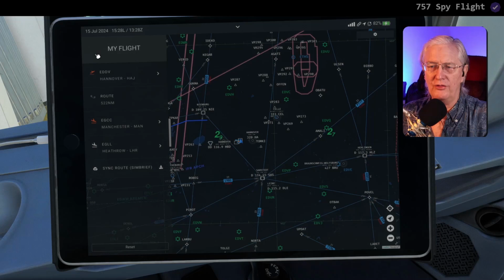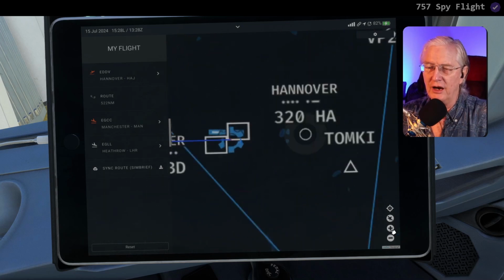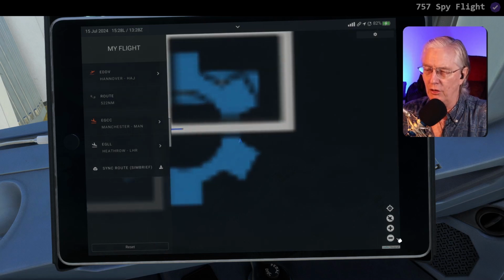And let's go. There we go. And now I'm going to go and hit the 0. That zeroes us in. I'm going to do the little line through the airplane. That means it's going to follow the airplane here, so no matter where we are, it follows us. And now we're going to zoom all the way in